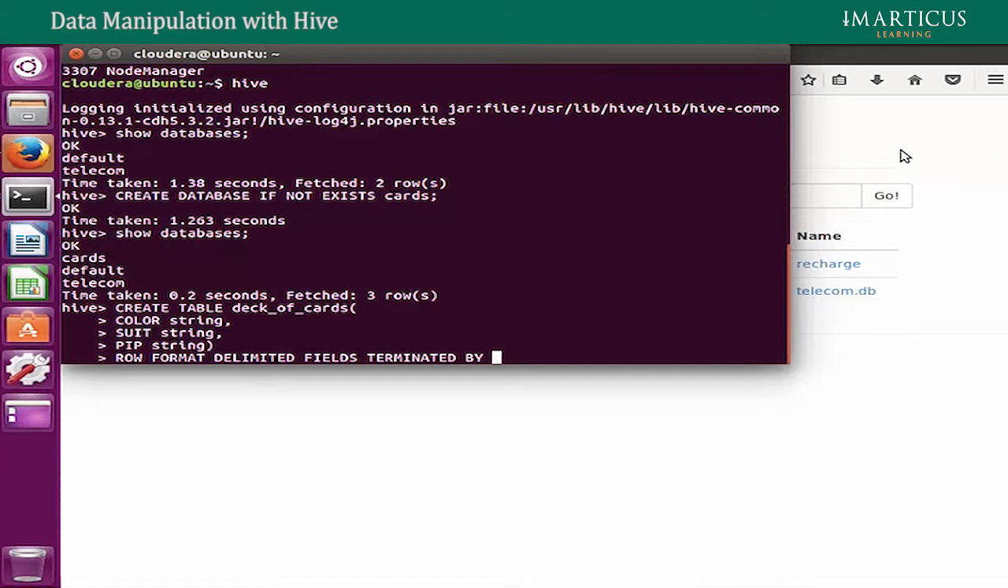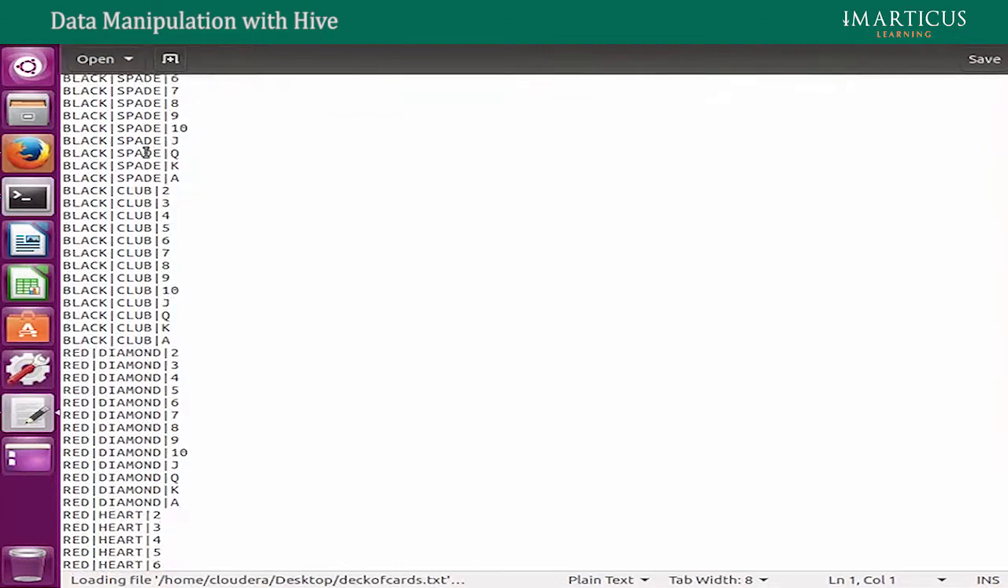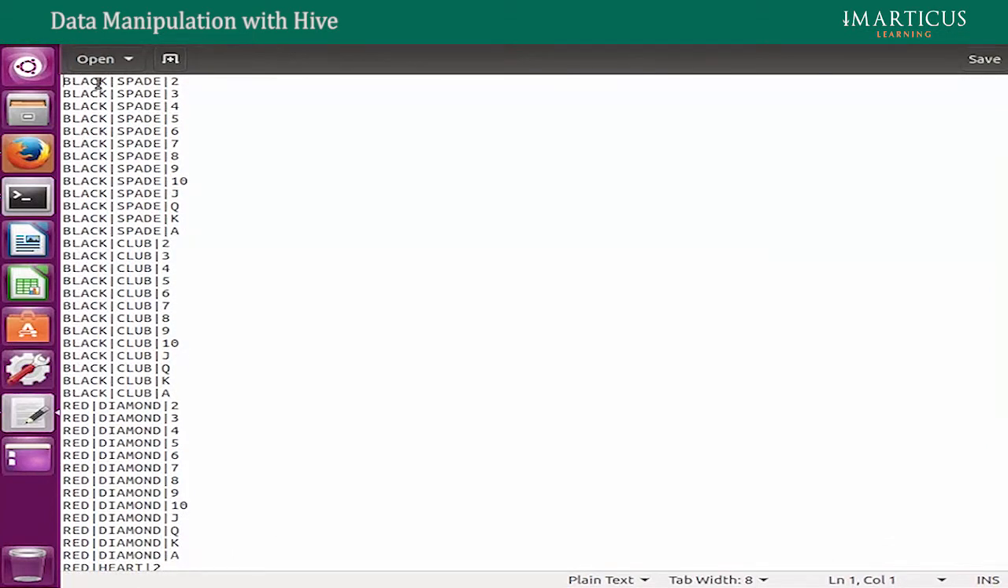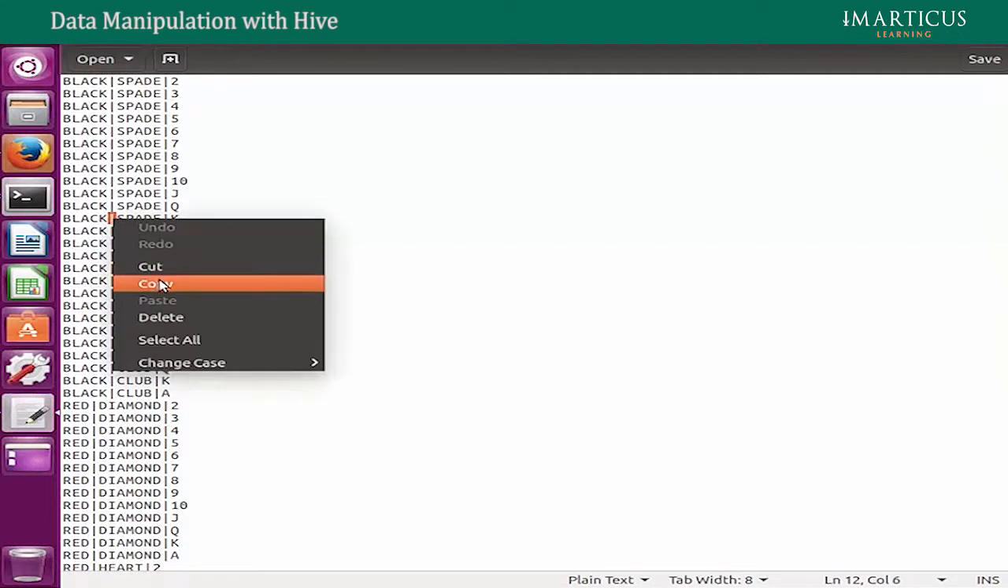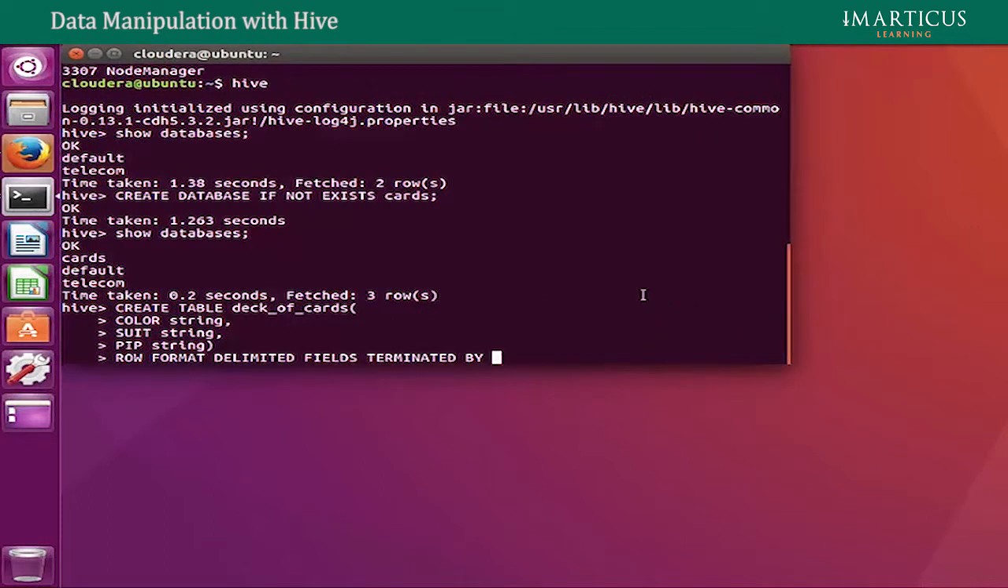Let me quickly see the desktop. I have this text file, which is deck of cards.txt. Let me open that up. Okay, so you can see over here that it has the data of all 52 cards, where the first entry is a string, the second entry is also a string, and the third entry is a mix of numbers and alphabets, so again we call it a string. The data is separated by pipe over here. So we need to specify that this pipe will be the separation factor. So we will say it is terminated by pipe,